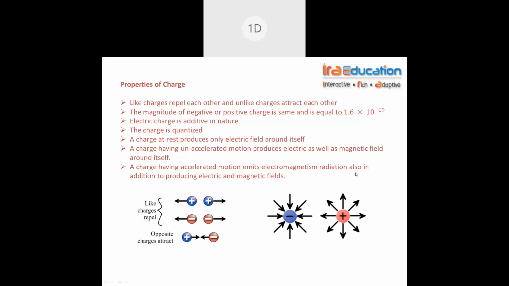Look at all the points quickly, guys. The last 3 points are very important. I had discussed it then, and I told you then itself that they are very important. They are being asked as multiple choice questions. What type of field is produced when charge is at rest? Electric field. What type of field is produced when charge is in unaccelerated motion? Unaccelerated meaning velocity is constant, acceleration 0.